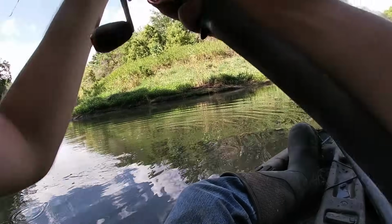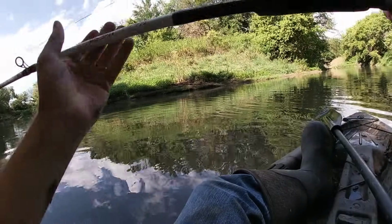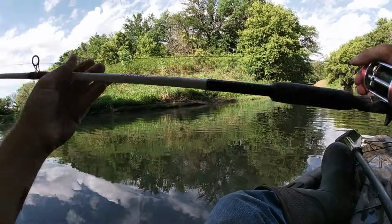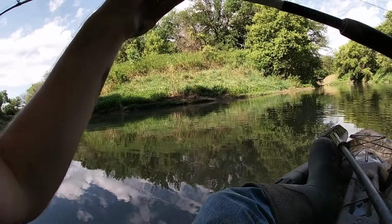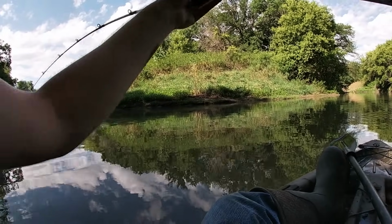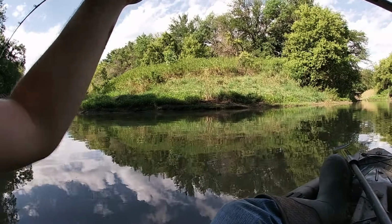Uh-oh. Oh, no. Oh, no. We may not land this one after all. He found his way into a branch. Shoot. We might have just lost that fish, guys. Oh, boy. I don't feel like going swimming, so... Crap, he just got up next to it, and suddenly...